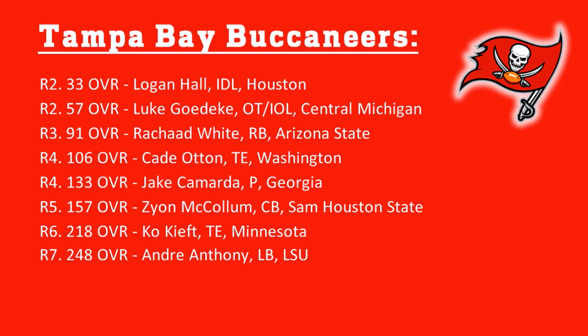Then in the 5th with McCollum, an absurd athlete at 6'2", 200 pounds, 4.3 in the 40, 39.5-inch vert, an 11-foot broad jump, 6.8 in the three-cone, and a 3.94 in the 20-yard shuttle, which those two numbers in agility drills were the best at the whole combine event. Has some impressive high-point pass breakups, 54 overall in his career, along with 13 interceptions in 56 total games, so